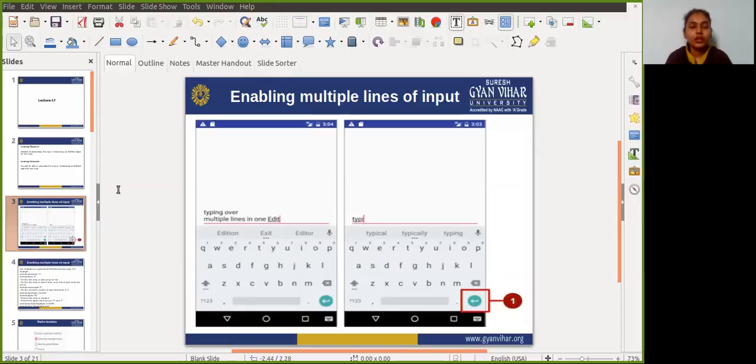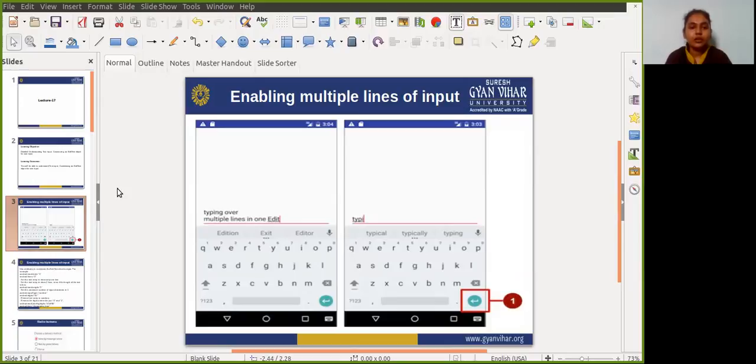And just close the EditText element. So we can enable multiple lines of input. By default, an EditText view allows multiple lines of input, as shown in the figure, and suggests spelling corrections.